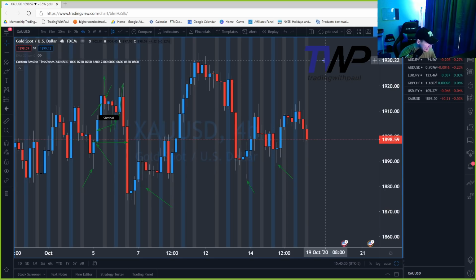Then it goes up here. Here's where you start seeing your first signs of rejection, right? It's not longer than the body, but you're starting to get some rejection there. And you can manage your trades. You say, okay, I'm going to tighten up my stops, and then that's when your down move happens. Your stops would have been in profit there already. That first sign of rejection is right here, and that's what you look for. Then you start tightening your stops. Your entry is right here at 1898 or so, and your first sign of rejection is at 1924. Come on. If you can't make that a winning trade, then you need to stop trading right now.